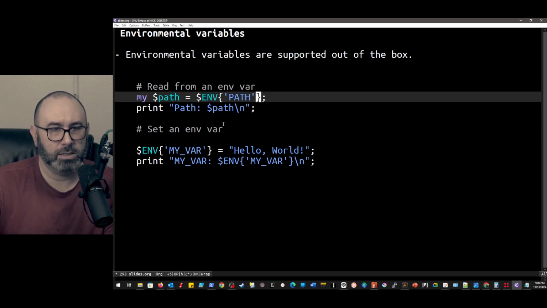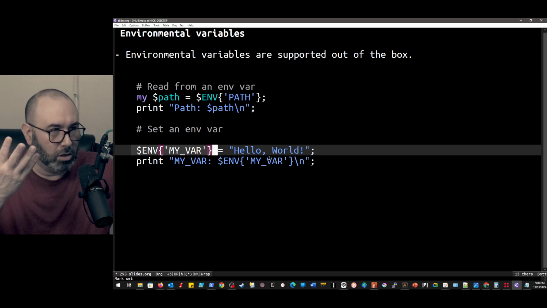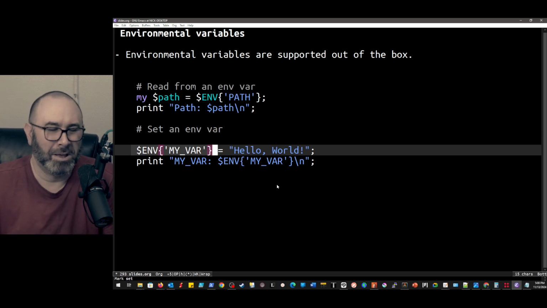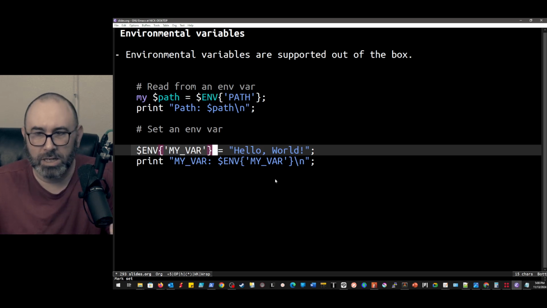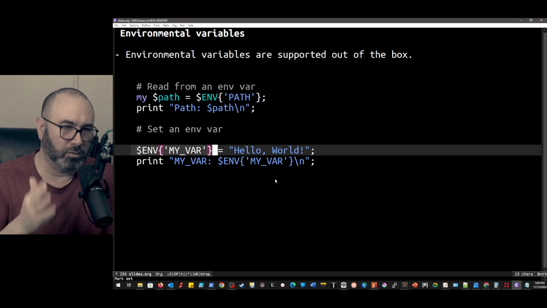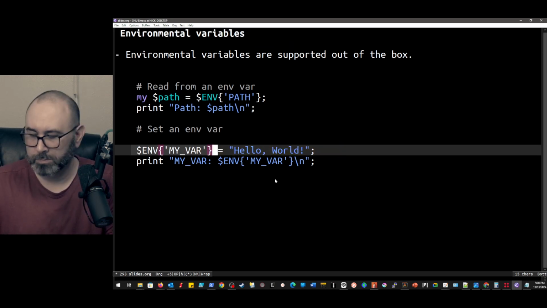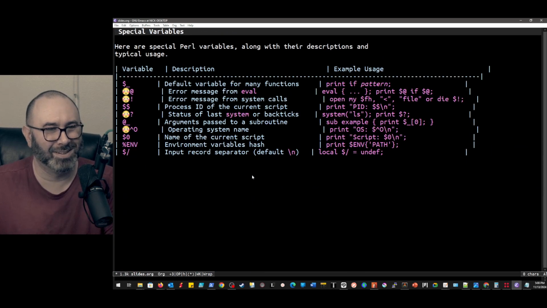And if we want to set an environmental variable, well, again, we can add new keys to a hash just by referencing them. So $ENV my var equals hello world. Boom. We're good, right? So at that point, we can jump over to a shell and do env or set and see all our environmental variables, and that will be defined, right? So that's really nice. I feel like I'm saying that's really nice a lot, but that's a lot of what we're looking at over here.